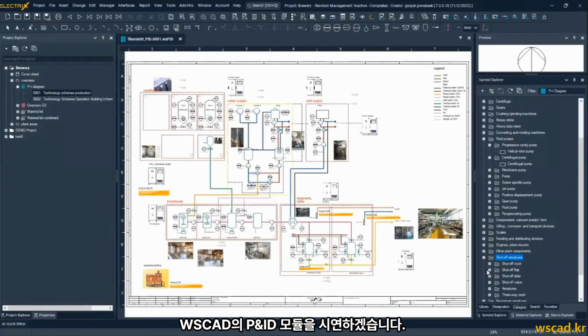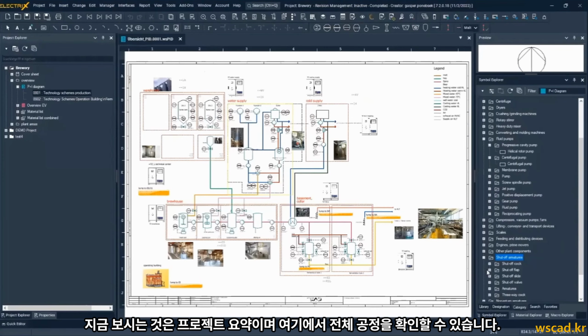Yes, you can see this brewery project, and here you can see everything. Okay, good. So if we go forward,